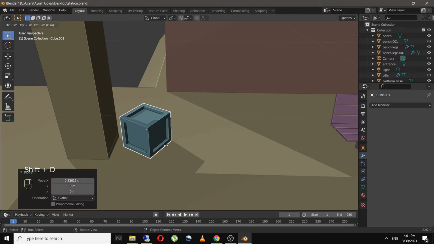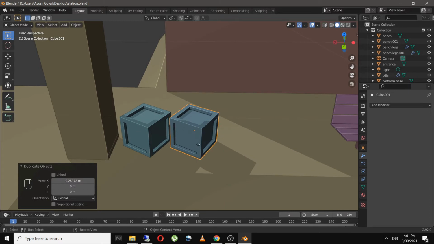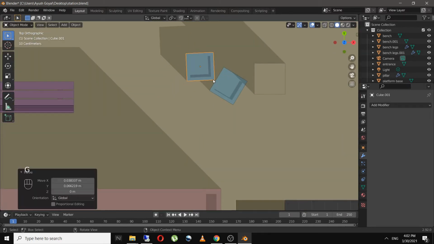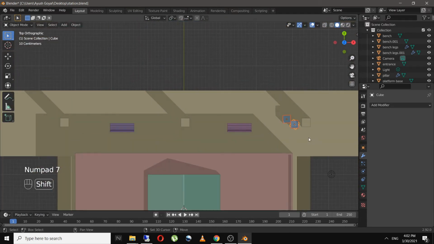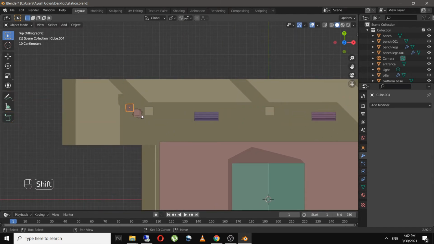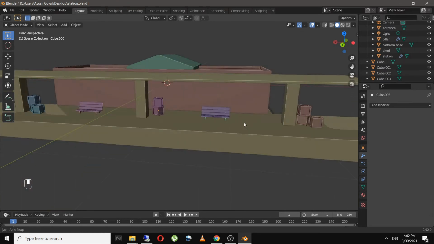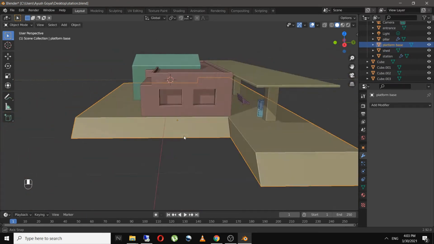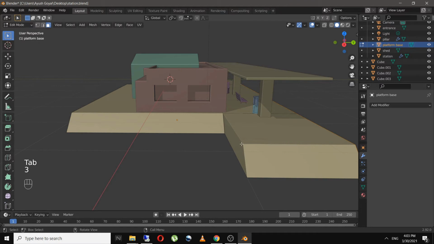I'll be just placing this box, so I'll fast forward this part. Now I want to duplicate the platform. So for that, I will go to edit mode and select the faces which I want to duplicate.